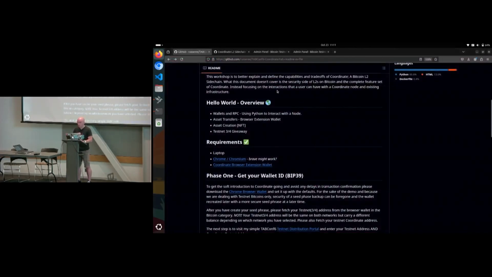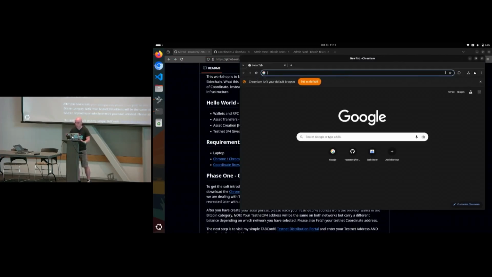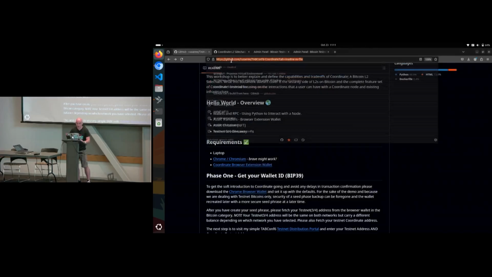Okay, so the first portion of this is that I'll use Chromium for the browser because that actually supports the web extension. I'll go to,